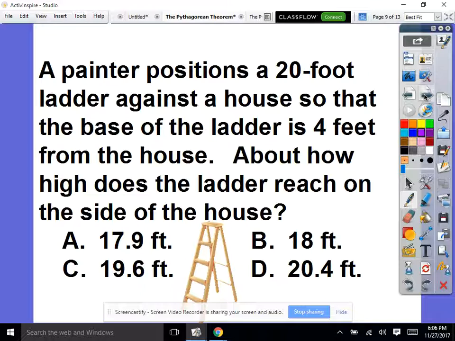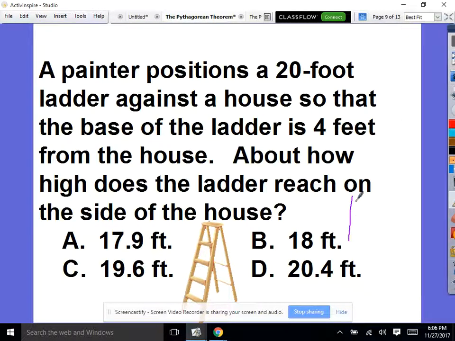So here's the side of our house. Here's the ladder leaned up against the house, and it says a 20-foot ladder. Well, this is the side of the house, and this is the ground, and this is the ladder. So we know that the ladder is 20 feet. That's our C. And we place it 4 feet from the house, so the ground,